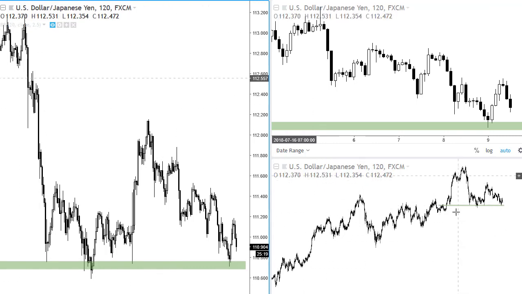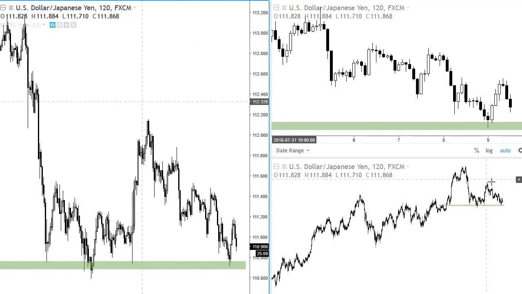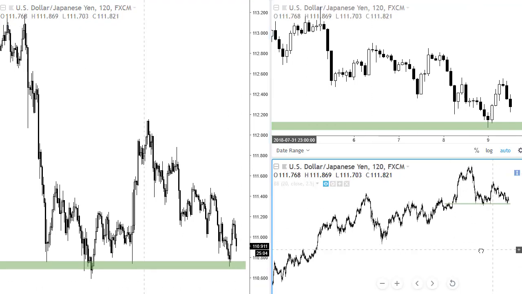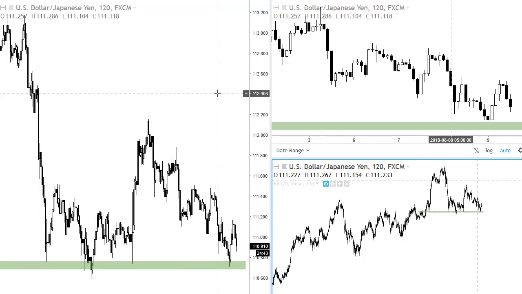We were in an uptrend here, which is probably coming to an end. We see that the market is banging into the support multiple times. The price action is really nicely pushing into the support, and here there's a lot of room to the downside. So it does look very different from what we have seen when we zoom in a little bit. There's a lot of room actually, and there's a good profit opportunity to be found if the market breaks lower. So you can see the zoom level really impacts